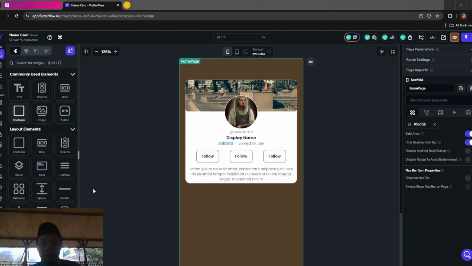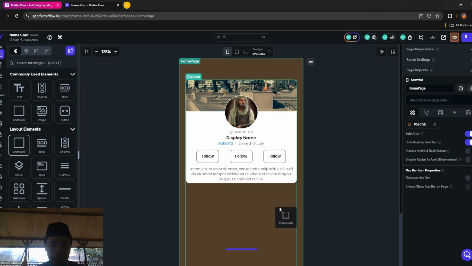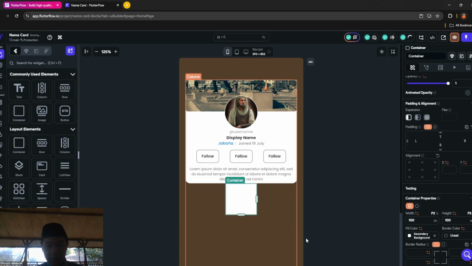We are going to move on to the information like the website, email, and other things like phone too. So here you want to add a new container down here.